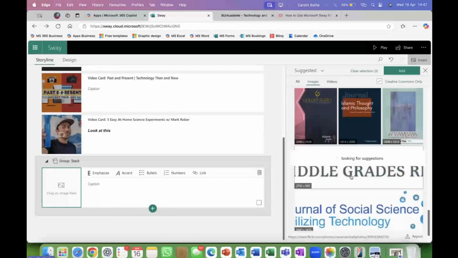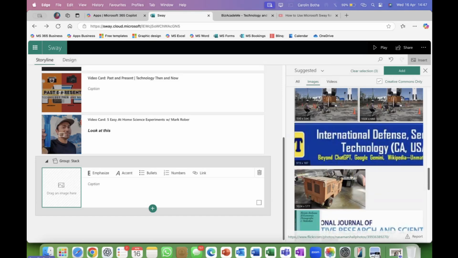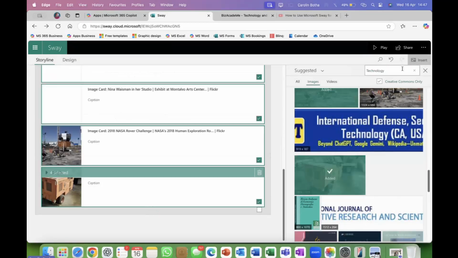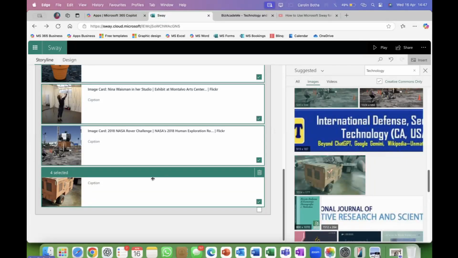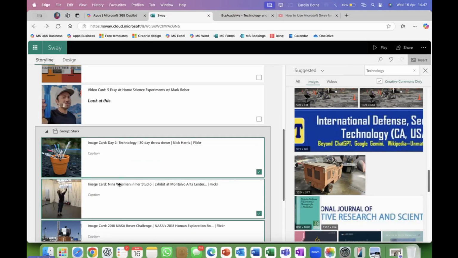And let's do a last one. I'm trying to look for landscape ones, although it's not that important. Now we have 4. Let's add them all. It even indicates that you have selected 4. Let's add them, and we can add a caption with each of them.